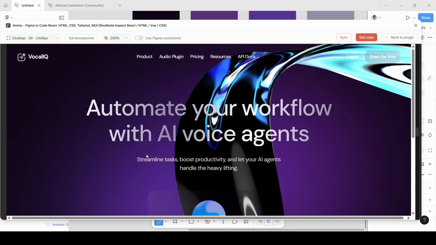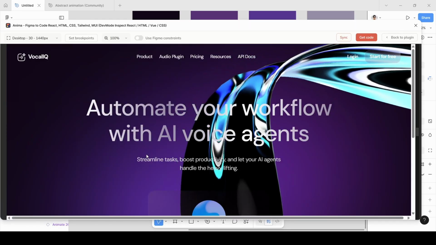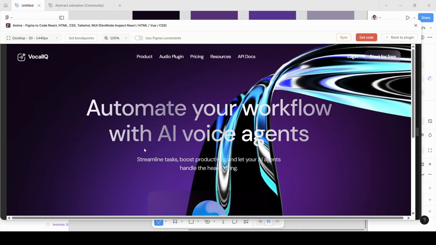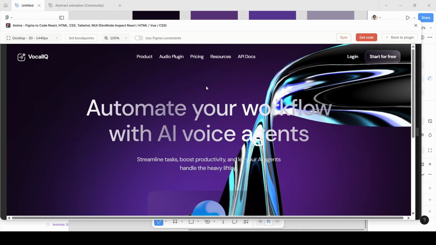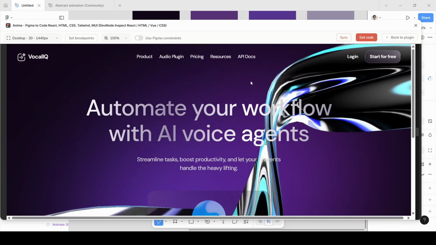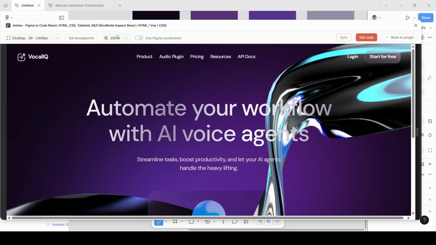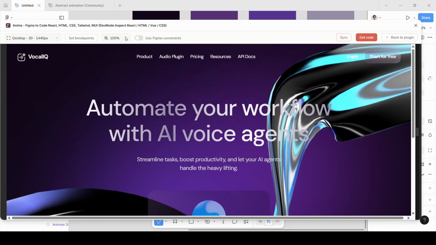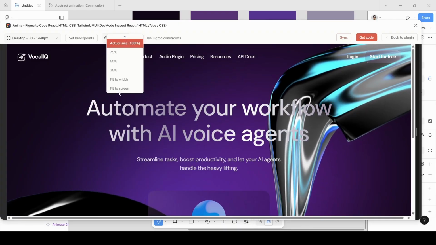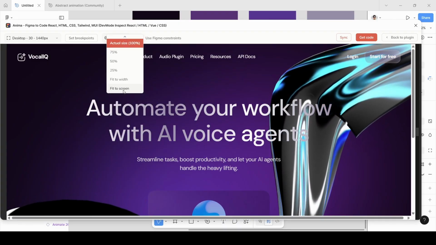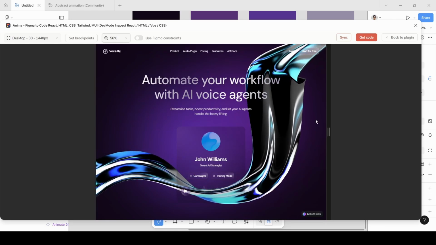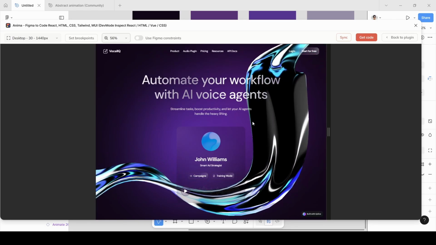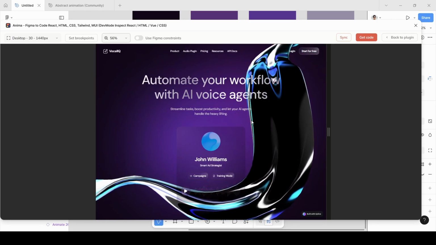We have preview of our animation with design. So as you can see, it is not fitting to our screen size, so we have to use this zoom in and out option. I'm going to click it and I'm going to choose this fit to screen option. Okay, so as you can see, our design is ready. It is looking beautiful, but